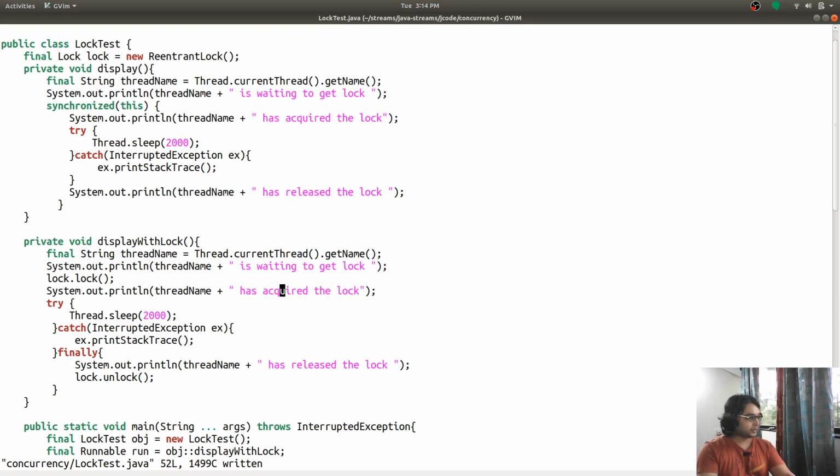So we are done with this. To make sure that the output really is coming from the displayWithLock function, I'm going to add a displayWithLock at the end.